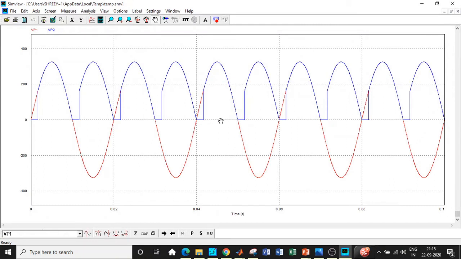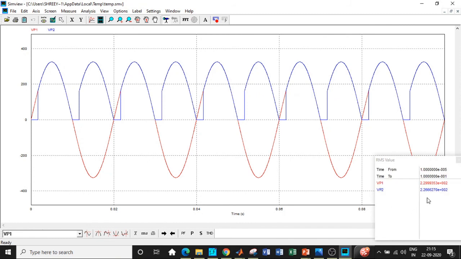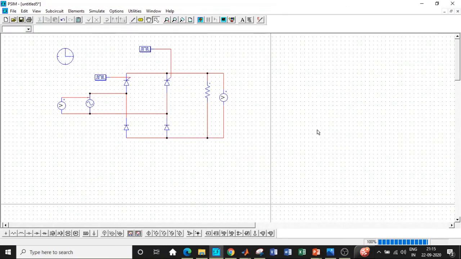Now we can cross verify the RMS and average value that we are supposed to get. Click on RMS value and we're getting 226.66. That is E par 2 is there, so I'm reading it in that particular way, 226.66. Now let us check the average value over here. Click on this, you'll be getting 193.22. So with respect to VP2, which is basically the output voltage in this case, we are getting the exact waveform that we are supposed to get. So this is how we'll be simulating a semi converter in PSIM.